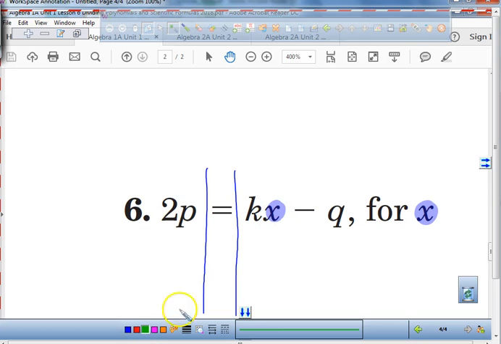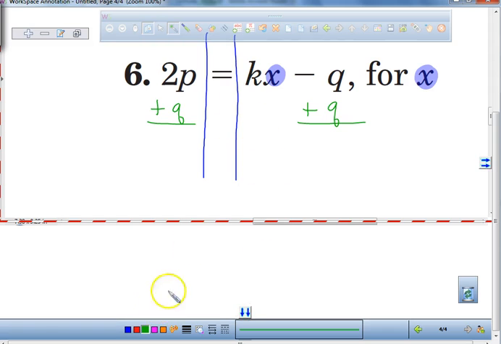So right now, if you look over here, what's hanging out next to this k times x? Yeah, you have a negative influence over here, all right? Sometimes you got to stay away from negative influences in life. How do we get rid of them? Plus q. Yeah, we have plus q from this side, plus q over here, all right? So now we have what? We have kx on the right-hand side